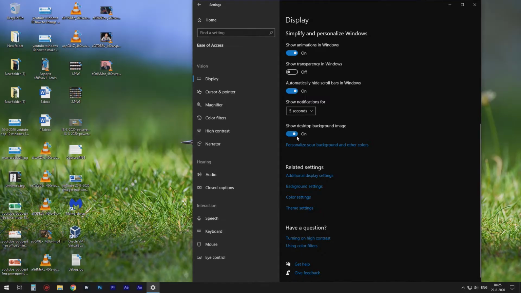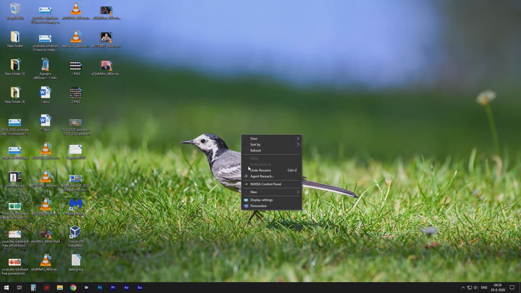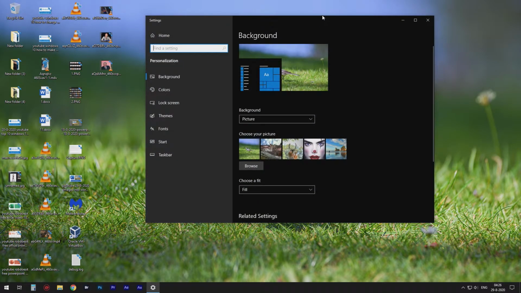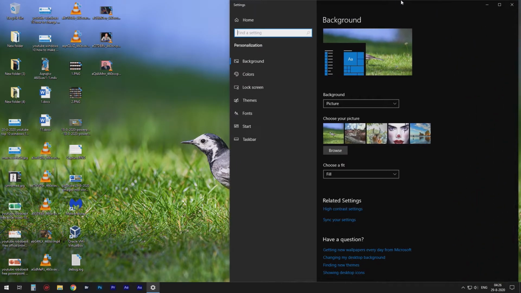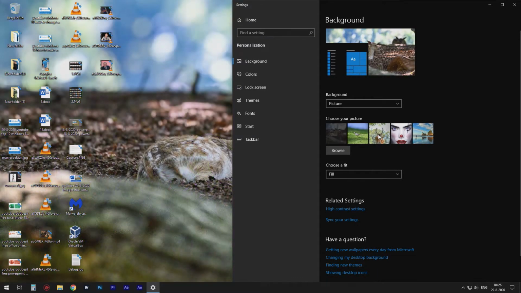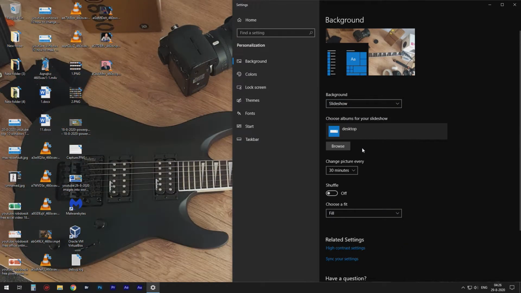Well, let's turn that on because there's another thing you can do. Close. Right mouse button. Personalize. Okay. There's a couple of things you can do. You have a picture. You can change the picture. You can make a slideshow. If you have a folder with images in it, like I have,